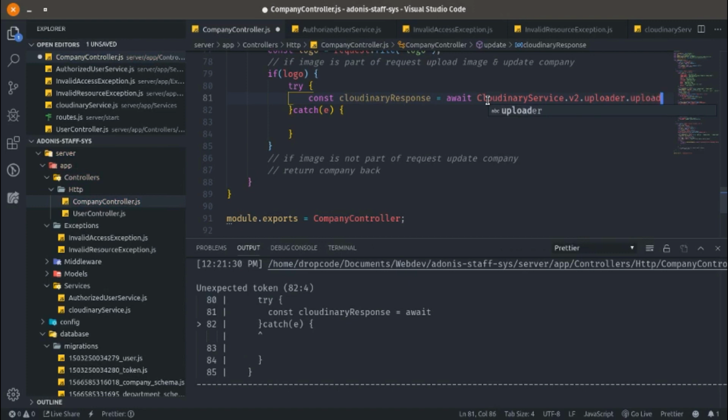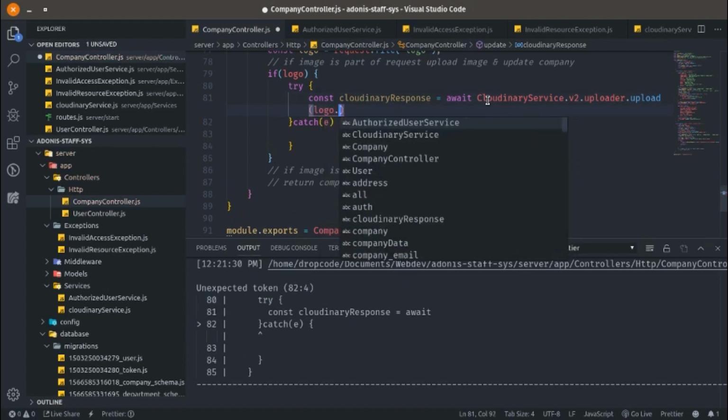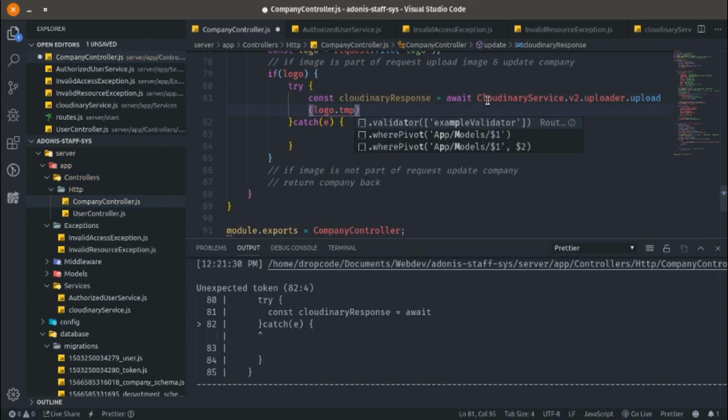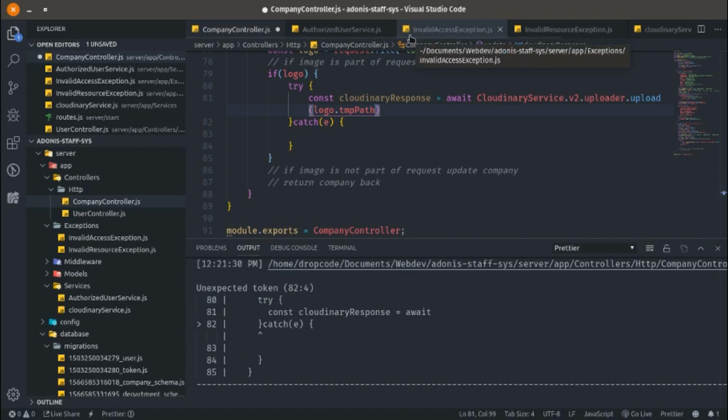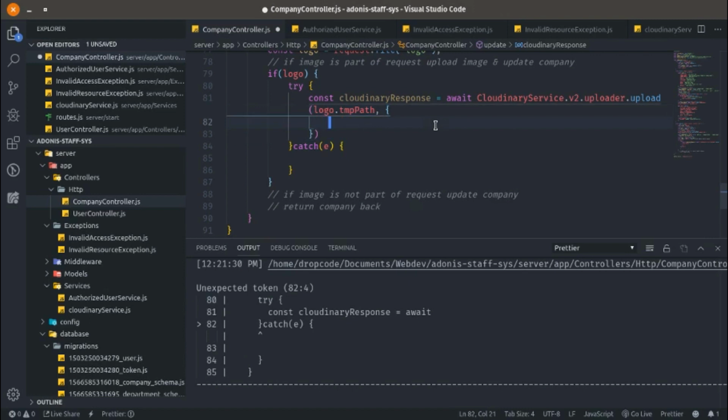So v2.uploader.upload. Then inside here is going to contain our logo.tmp path. The tmp path is something that comes with every image when they have been uploaded. If you try uploading a file and console log that file, you should get the tmp path as part of the JSON response. But because of time, we're just going to skip all that explanation, then go into the folder where we want the image to be, which is companies